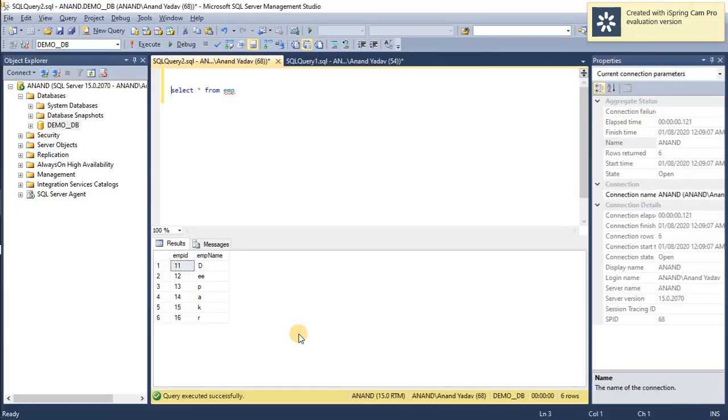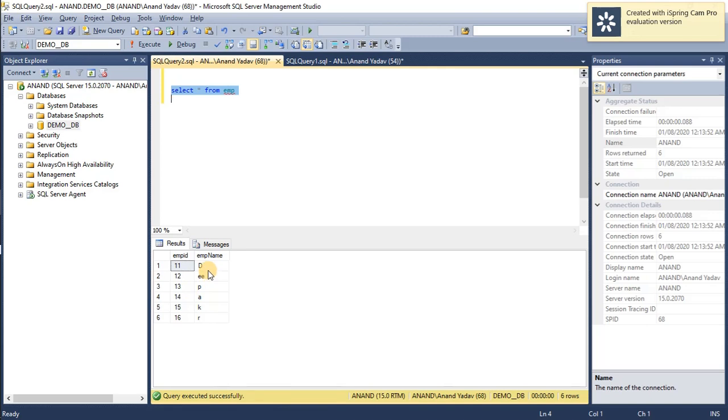Okay, so for demonstration purposes I have created one table. This is called EMP, and this EMP table has two fields, employee ID and employee name. You can see that here we have 6 employees, 11 to 16, and their corresponding names are in the second column.